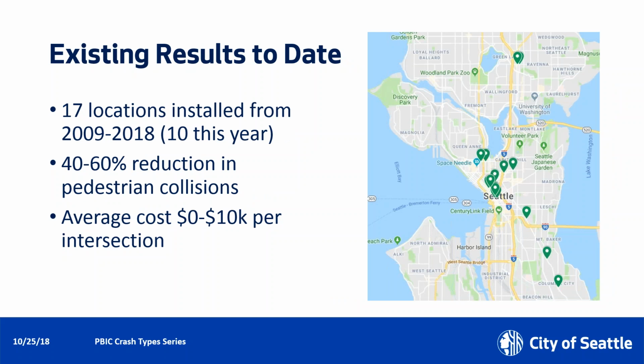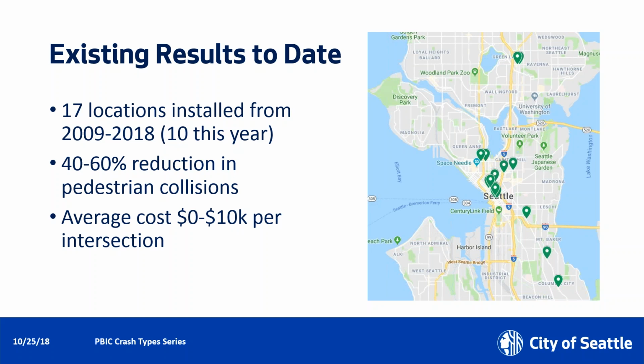What has Seattle shown to date? Right now we have 17 locations installed with another 20 on the way by the end of this year. We've installed 10 this year, so we have some great before data, but we don't really have any good immediate after data because it takes a while to compile that. But the older locations, we've seen something very similar to the FHWA data, which is a 40–60% reduction